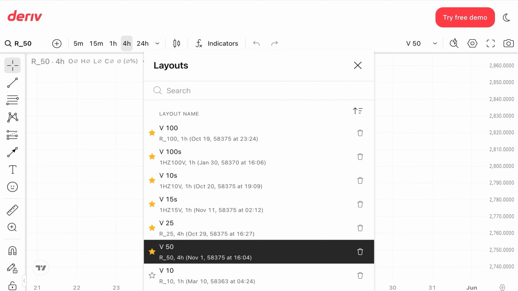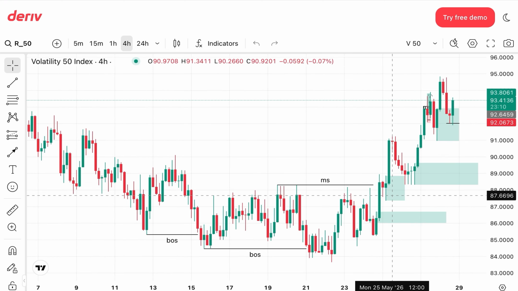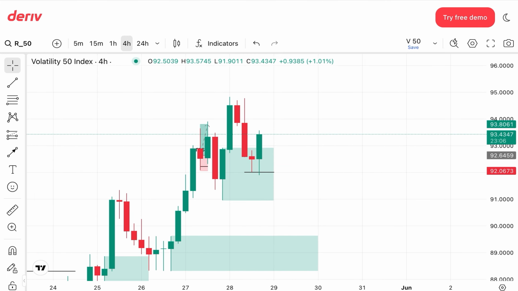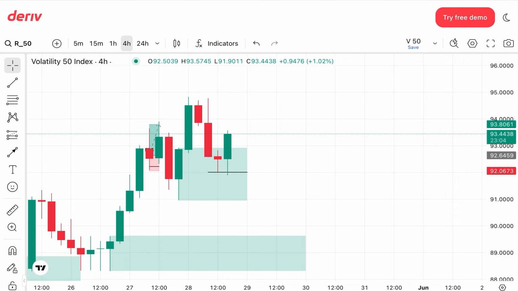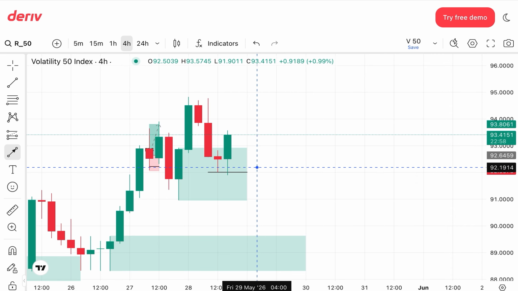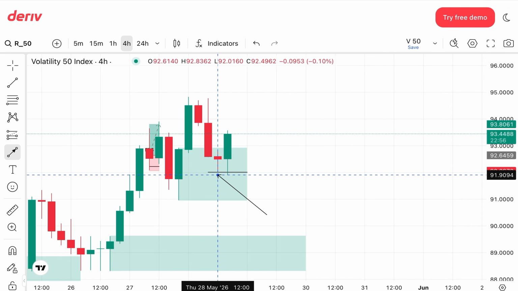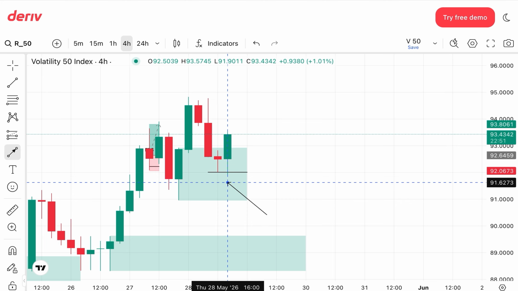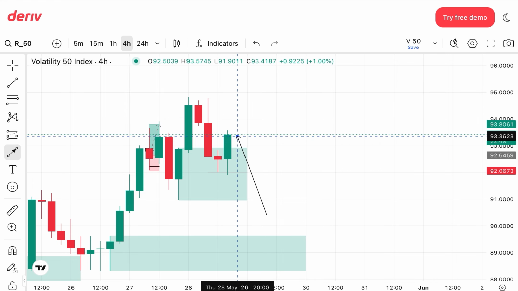Then I have on a volatility 50 index. Now this is a rejection candlestick, or let me say a 4-hour bullish momentum candlestick. It swept the low right over here, the low of this previous doji candlestick, and it's